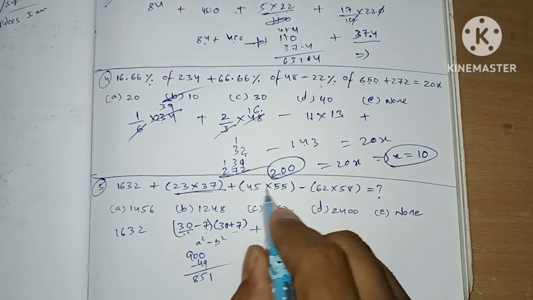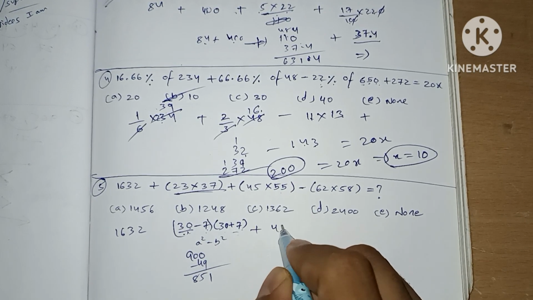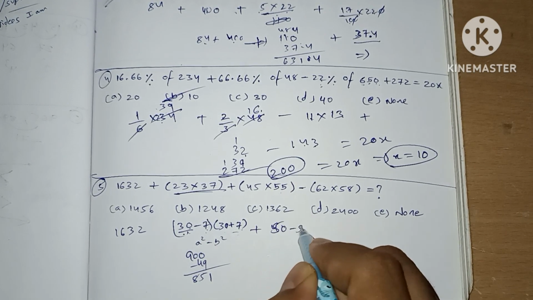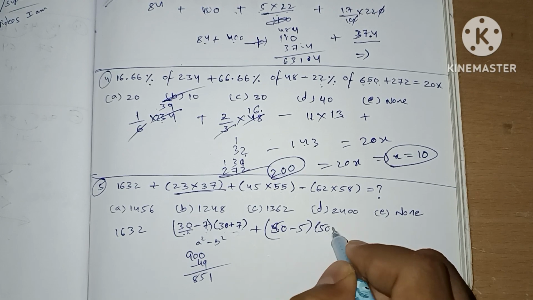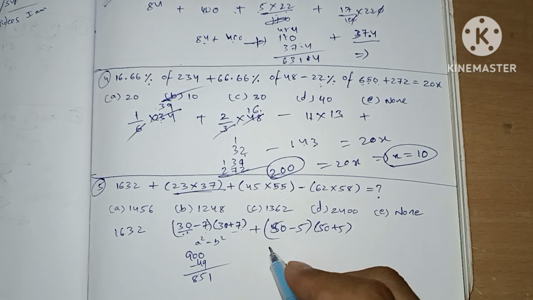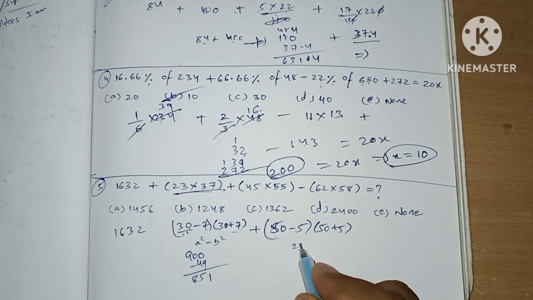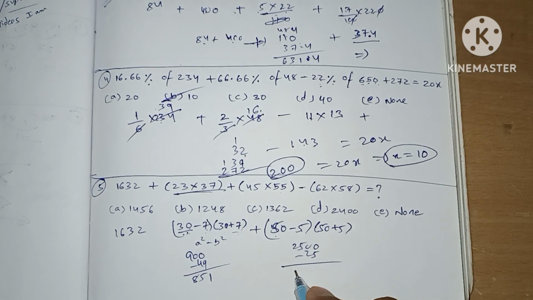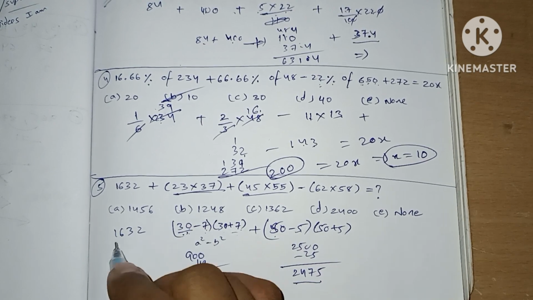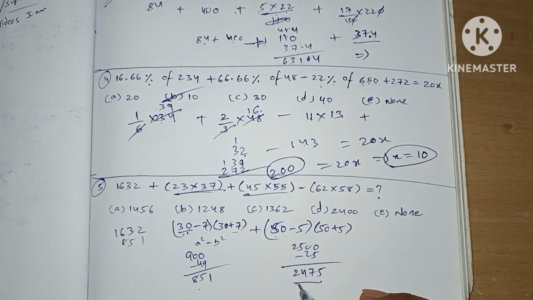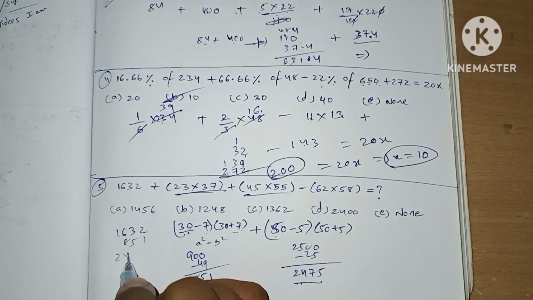Plus I can see this as 50 minus 5 into 50 plus 5. So 50 square, which will be 2500, and 5 square, which is 25. Subtracting that 25, we get 2475. So value for this one will be 2475. So 1632 plus 851 plus 2475